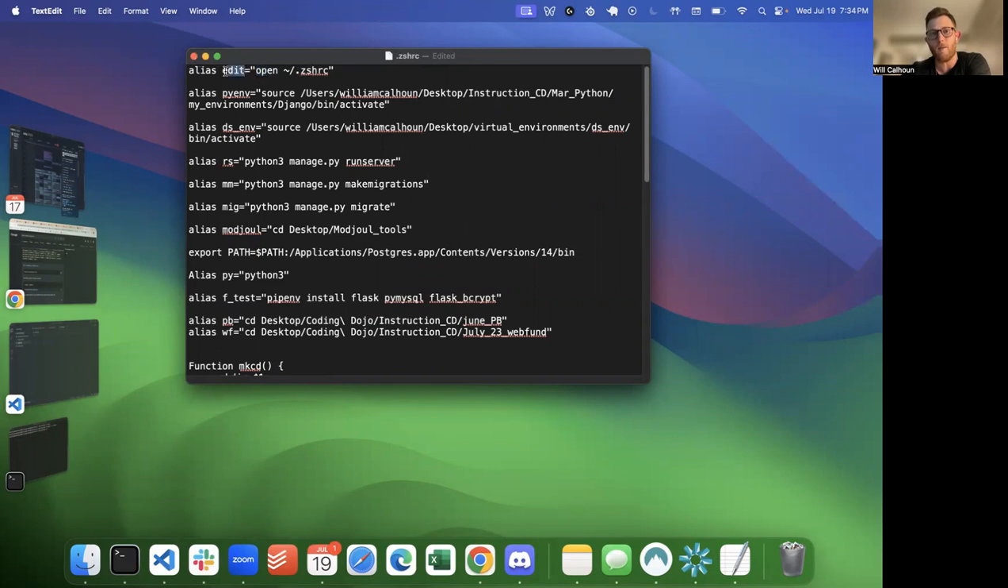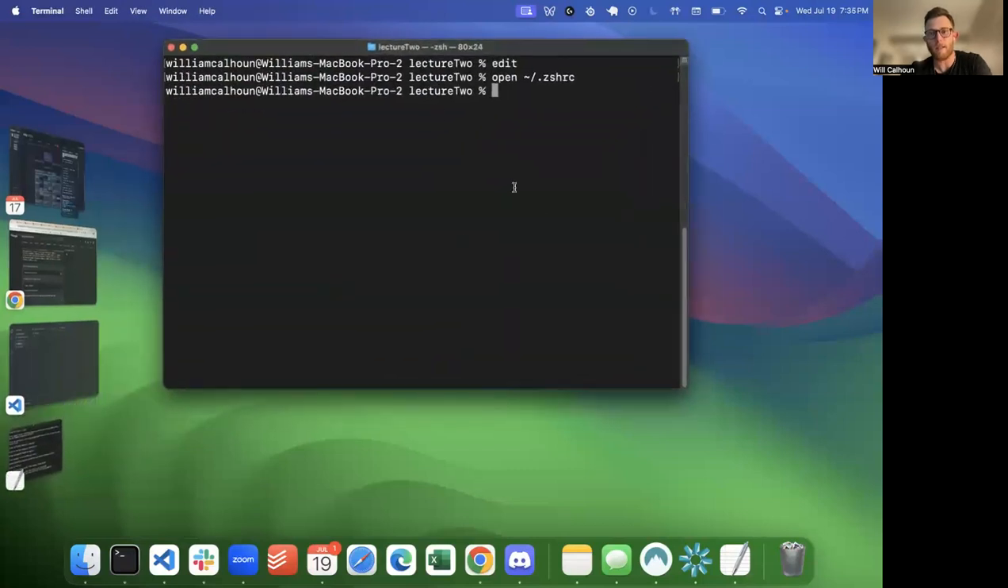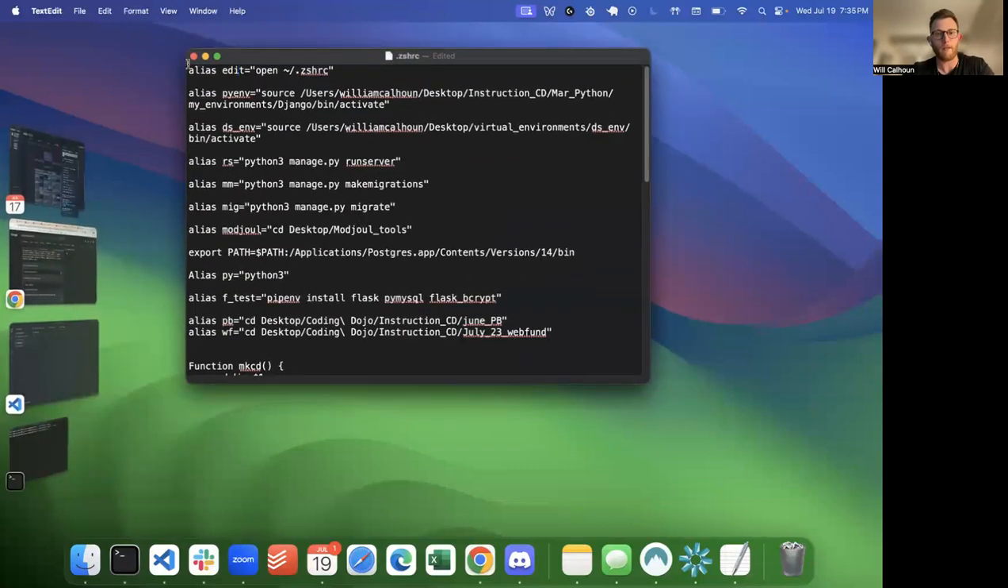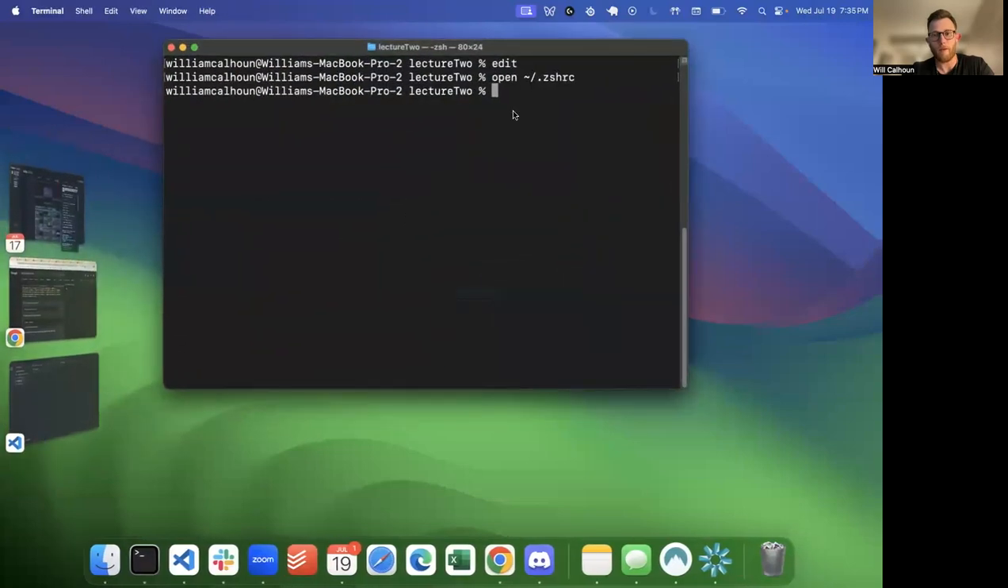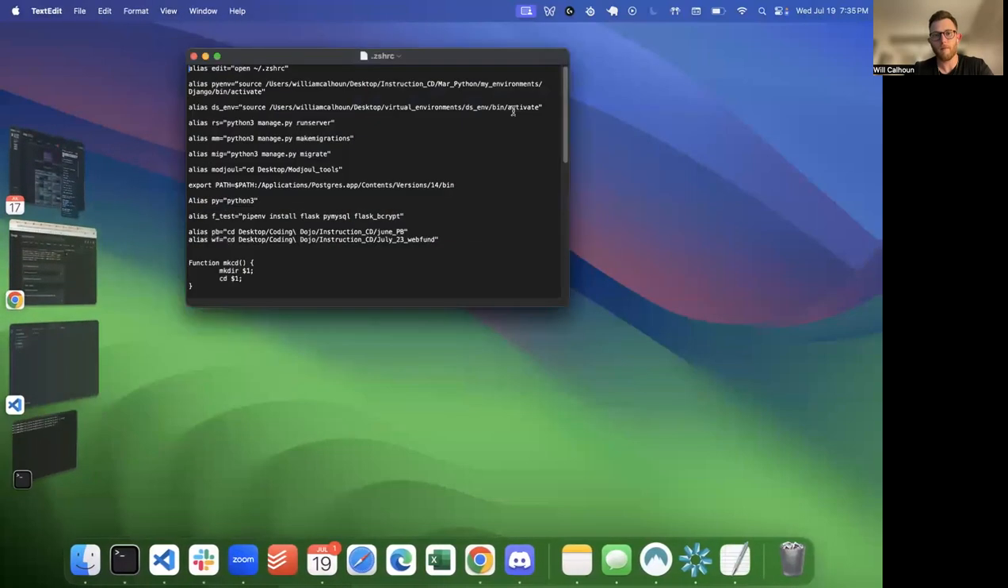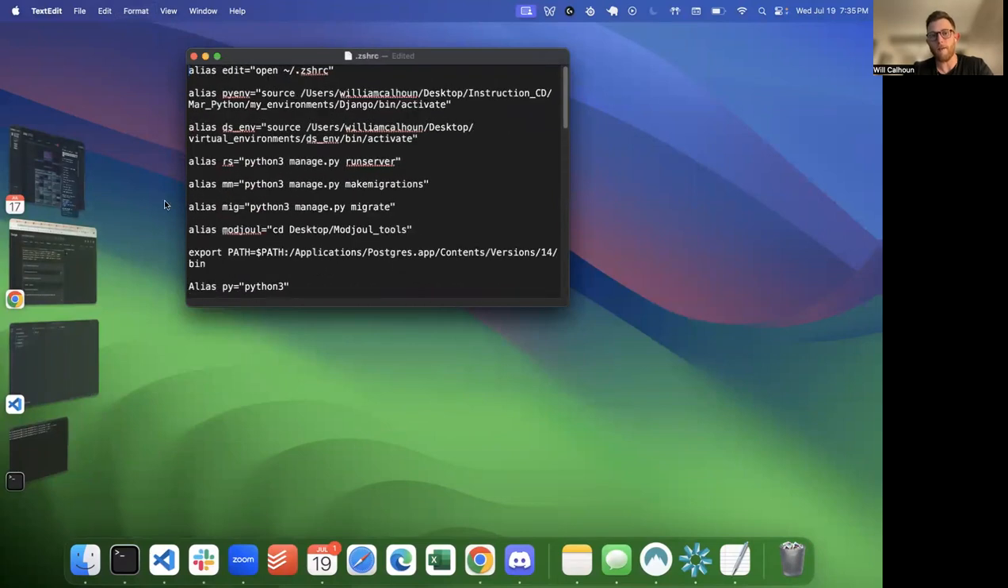I can just say, when I want to go to this file, I want to edit. And so now if I were to just say, let me cancel this, if I were to say edit, it brings up this file. What it does is every time in my terminal I say a keyword, it comes here and then runs this right here. So I've got a really long